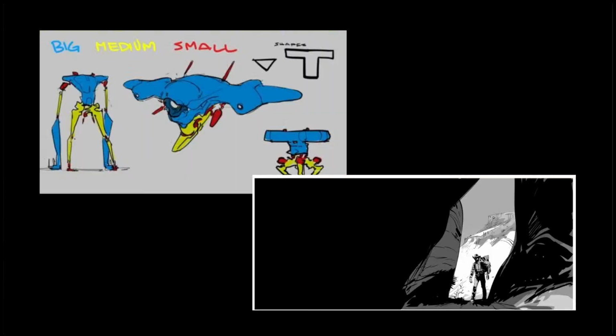Okay, next thing, contrast distribution. So this has to do with a little grief, a little beef I have with this thing called big, medium, small, large, medium, small, however you want to call it. Most likely you're all somewhat familiar with the principle of large, medium, small. You have a large shape, a medium shape, and a small shape. So maybe all the black here is the large shape, the medium is the white thing, and then the guy is the small shape. Or here we have a large shape, a medium shape, and a small shape,